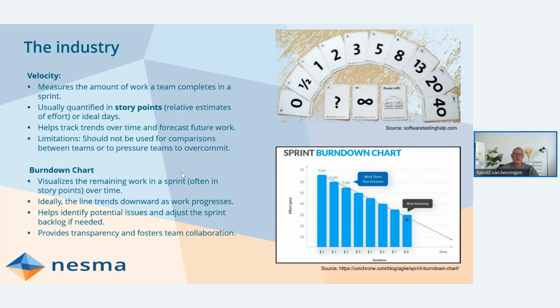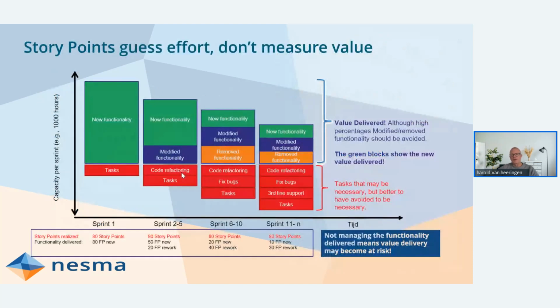And there's nothing wrong with doing story points. I encourage every team to do that because it's a good way to understand what you can put in your next sprint or the next one after that. But you can't use it for management information. And that's why we zoom out again. If we look at this graph, this I often use to explain the difference between story points and functional size.